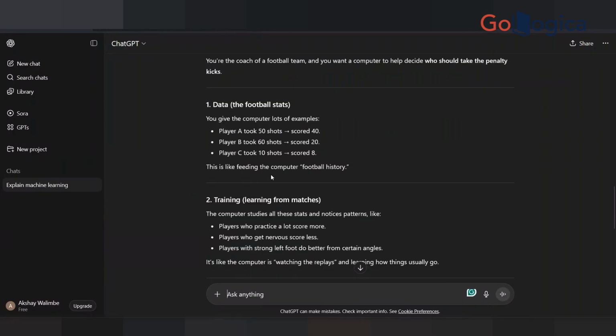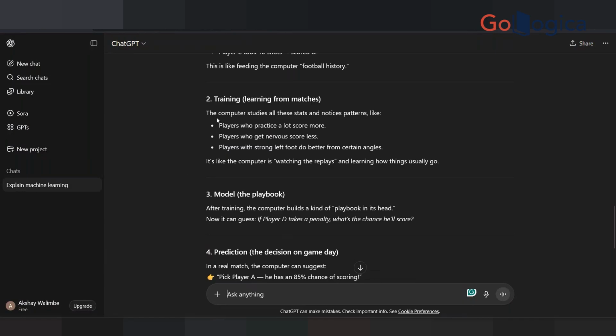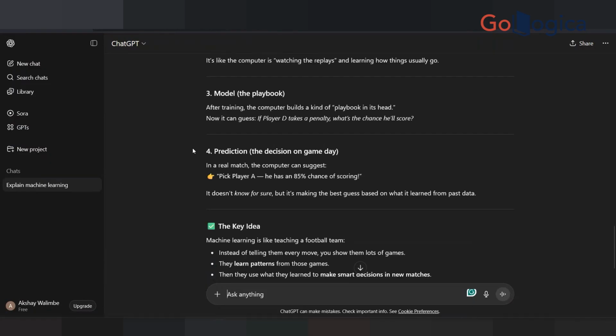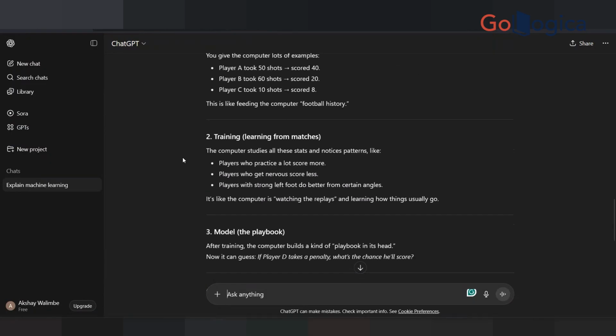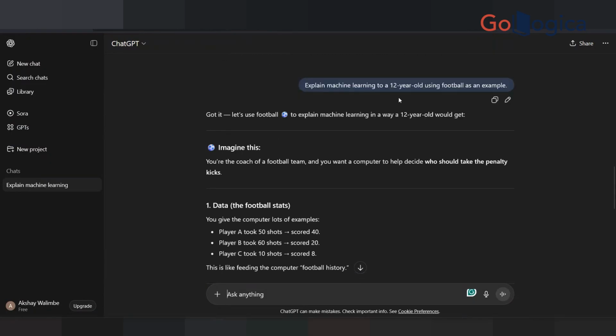This is like feeding the computer football history, right? Then next part is training. Now it is explaining every part to me using the football example. Do you see the difference, the simplicity in the explanation that has changed just by adding one context, to a 12-year-old using football example.